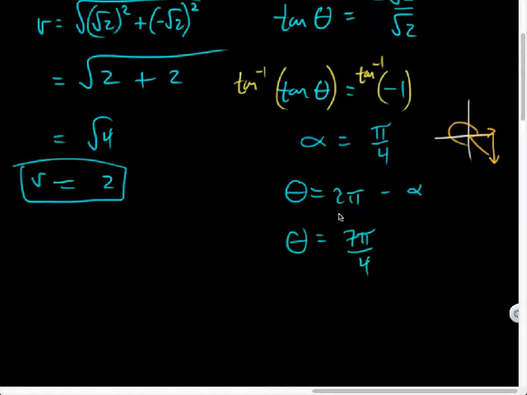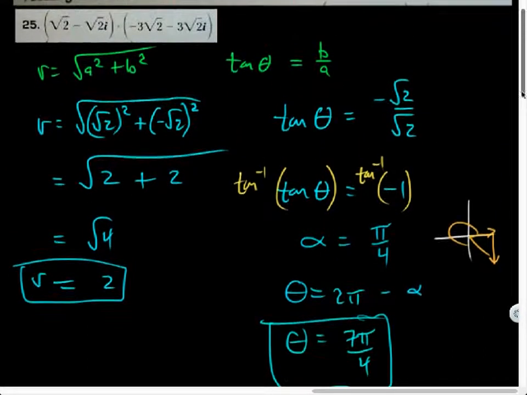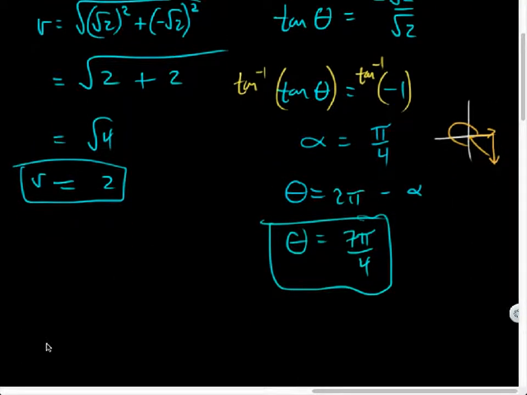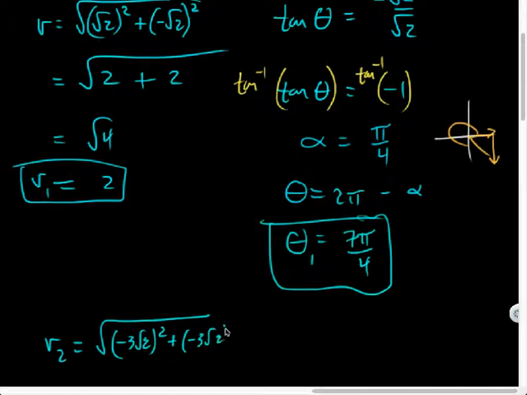Not unlike the problem I just did moments ago. So all this work I just did merely gave me the modulus and amplitude for the first point. I now have to do the same thing for that one. So let's do it. Maybe I'll even call this R1 and theta 1. So R2 is going to equal the square root of the negative 3 square roots of 2 all squared